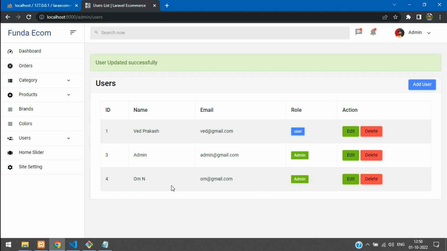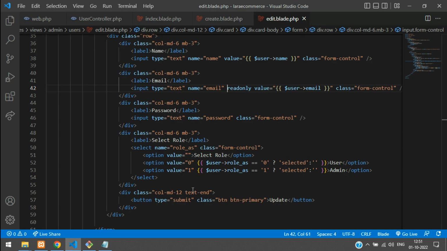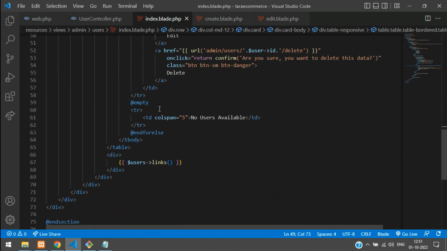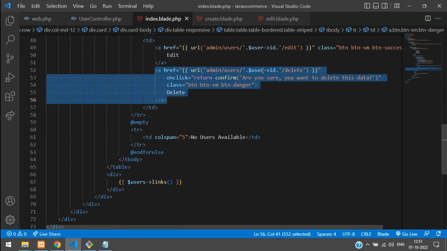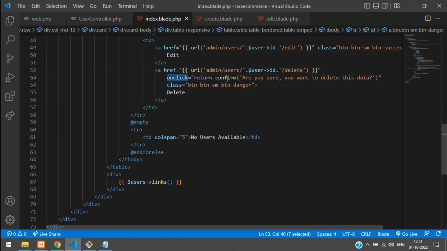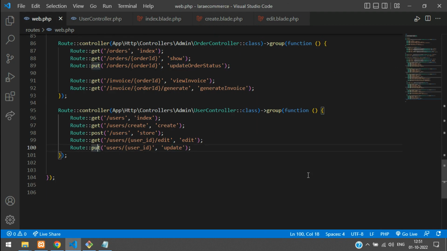Done guys. And now guys, let's delete this user. Okay, so yep, let's get back and go to your index blade file. Add this delete option. So when you click on this delete, first it is going to ask, are you sure you want to delete this data? Then if you click yes, then you are going to call this route. Let's copy this route and get to web.php, and then user route using a get method. Let's delete this. Okay, here user ID and going to